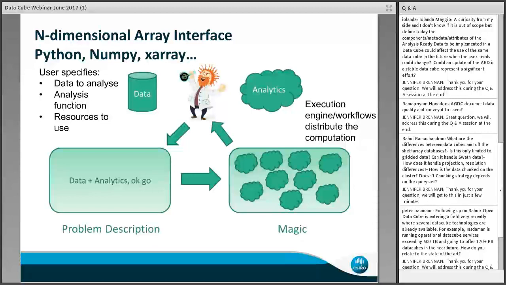And the use of NumPy and Python and Xarray here is because Python's just very useful for those types of scientific endeavors, because of the additional libraries that are available to work with Python as well. So again, we expose this as a Python interface. If we take a look at the next slide,